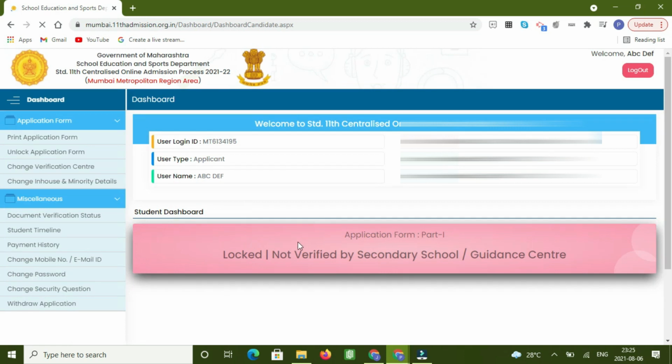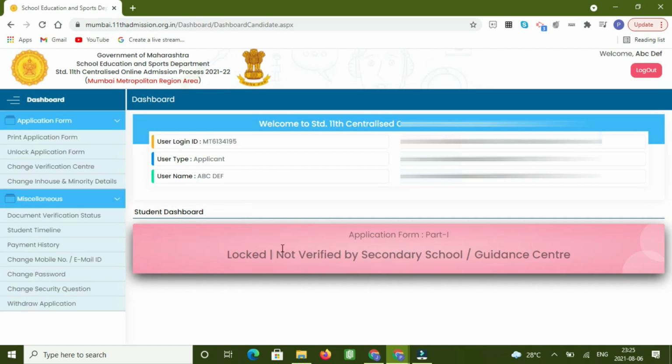See over here, now my status shows that application form part 1 is locked, not verified by the school or the guidance center, because I haven't gone to the guidance center for verification yet. So this is all about the form filling of part 1 of the application form for the standard 11 centralized online admission process for the year 2021-22.